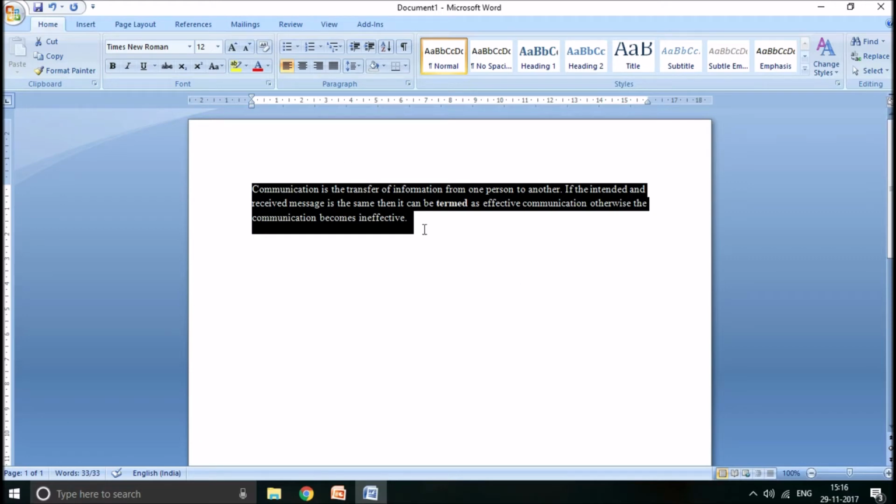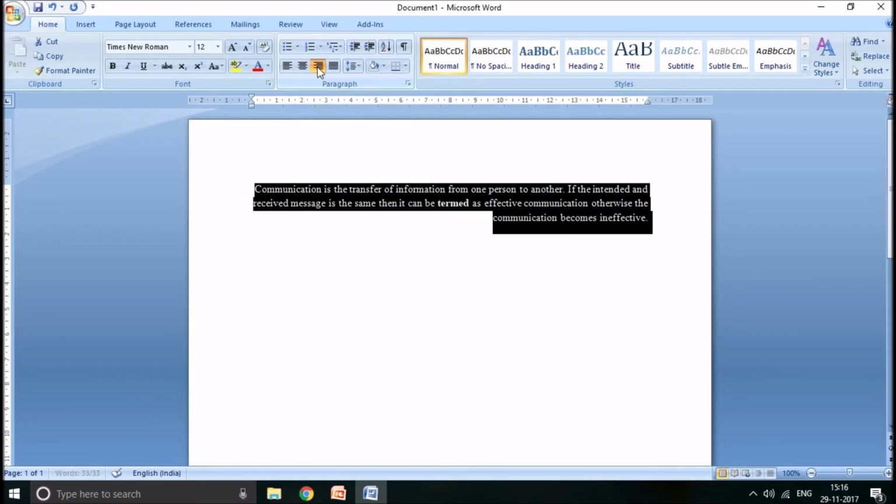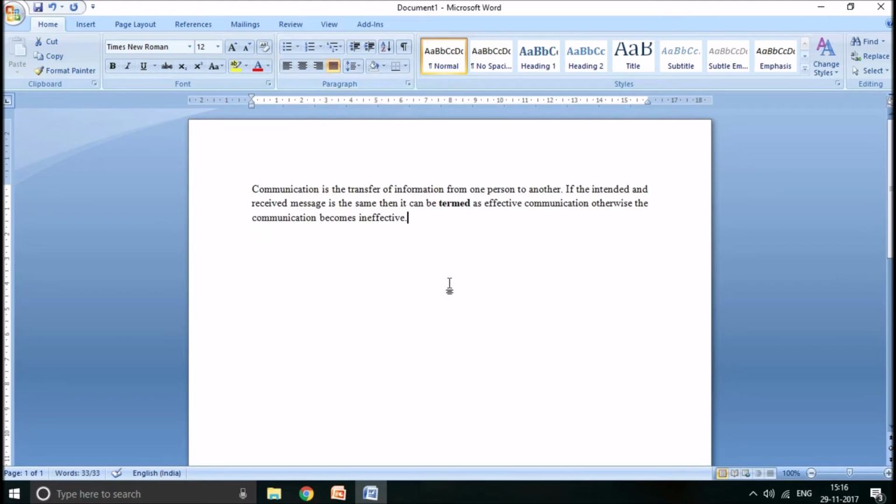Just select the entire text. Now if you see in the paragraph group, the left align button is highlighted. That means the entire text is left aligned. If you want to make it center aligned, you can click on this. The shortcut is Control E, otherwise you can directly click on this button. Now it is center aligned, right aligned. If you want to make it justified, you can click on this. Now if you see, exactly the letter D in the first line and E in the second line are in one line. Now this is called as justified alignment. So this is how you align text.